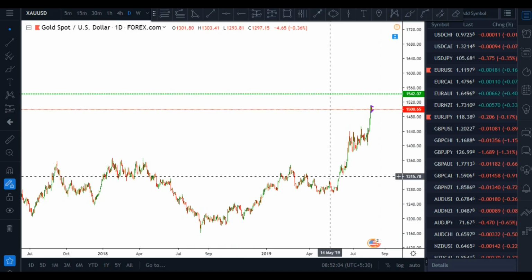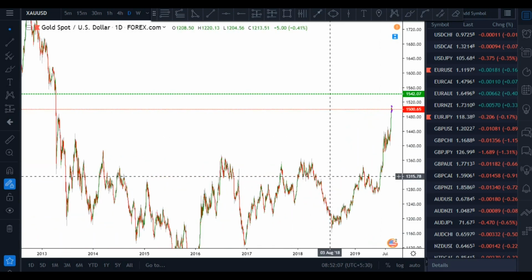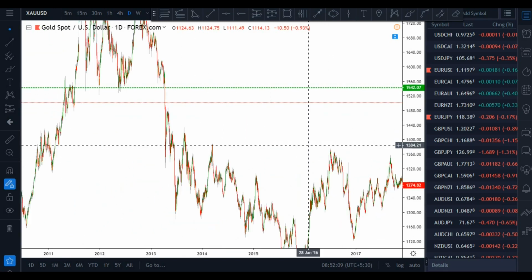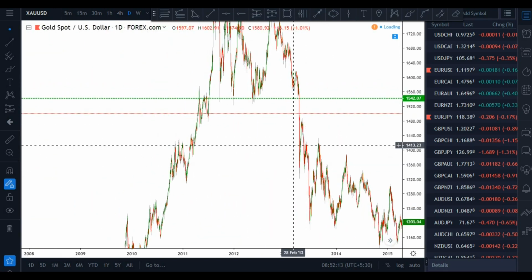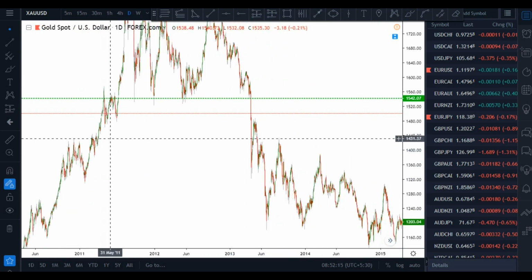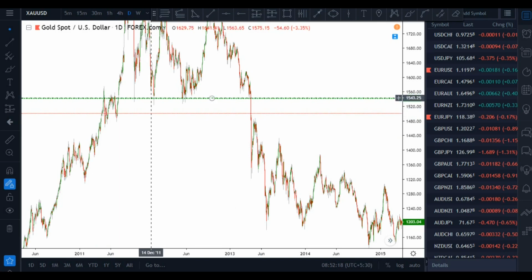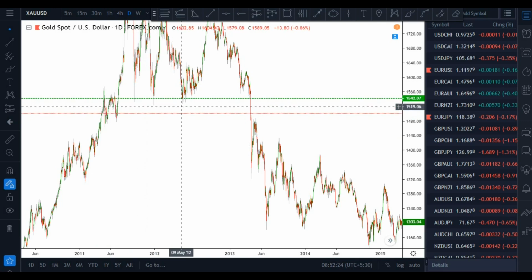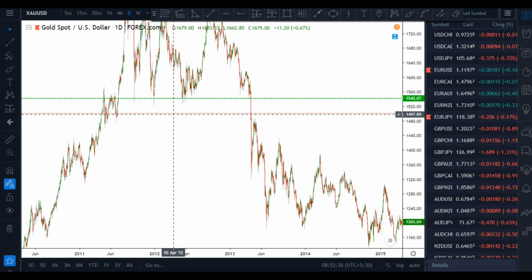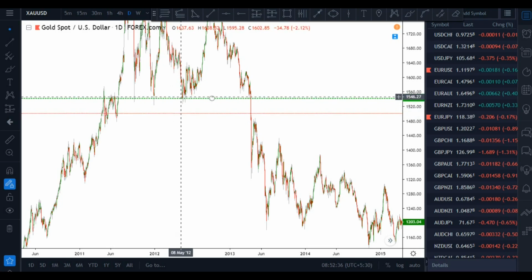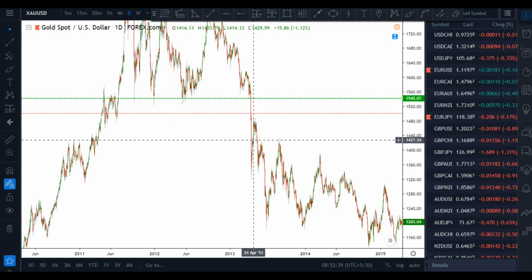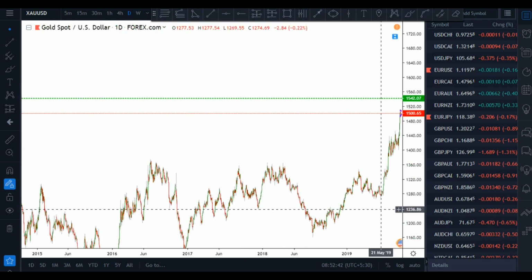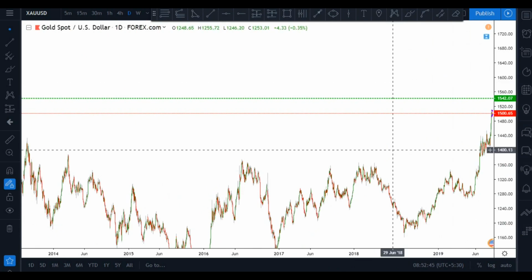If I zoom out this chart all the way back to 2013 and 2011, this area, as you can see, this green line as I have placed here, it is the closest structure level available in the gold dollar market. As you can see, the market is at this red line now, and this is the closest structure level. So if I go into real-time data, current data, and zoom in on this chart,